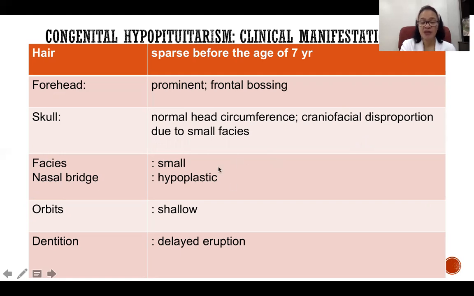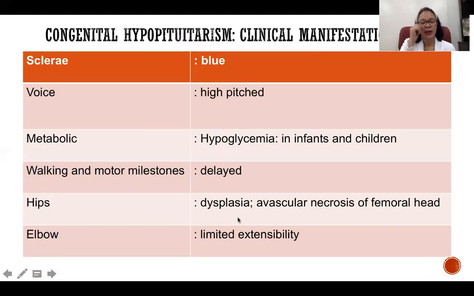So the facies would be small, and there would be hypoplastic nasal bridge. The orbits may be shallow, and there is delayed eruption of the teeth. And patients may manifest with blue sclerae, high-pitched voice,